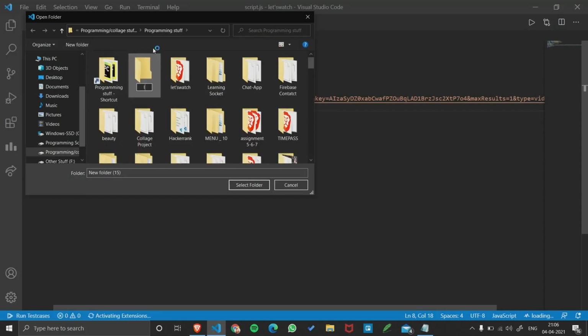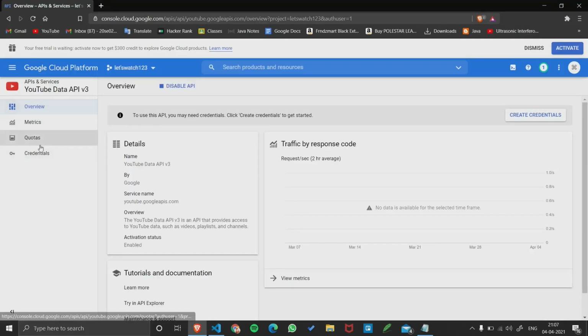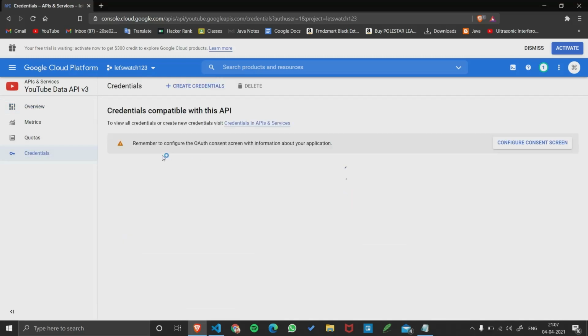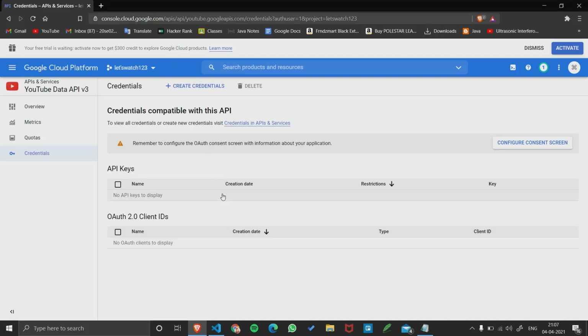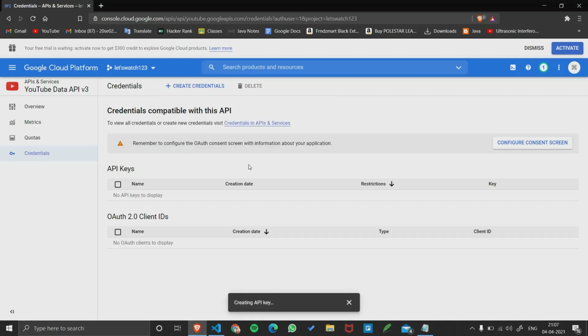I'll name it let's watch YouTube. Now you have to go to credentials. Now create credentials, and we need an API key, so I'll click API key, creating the API key.